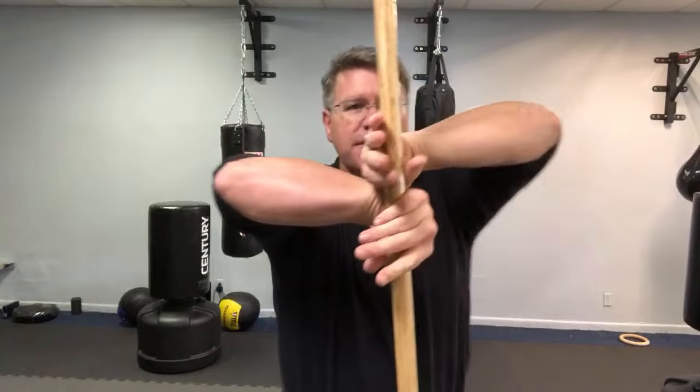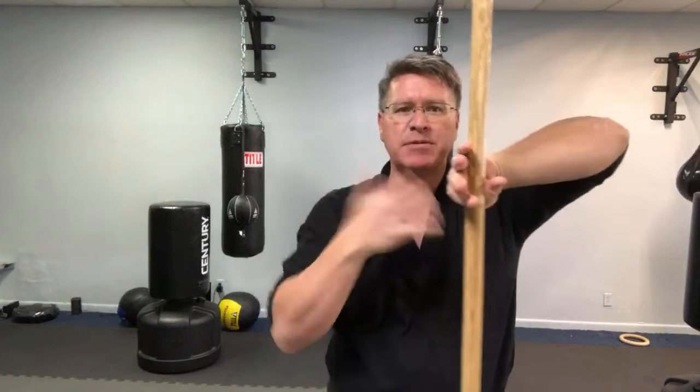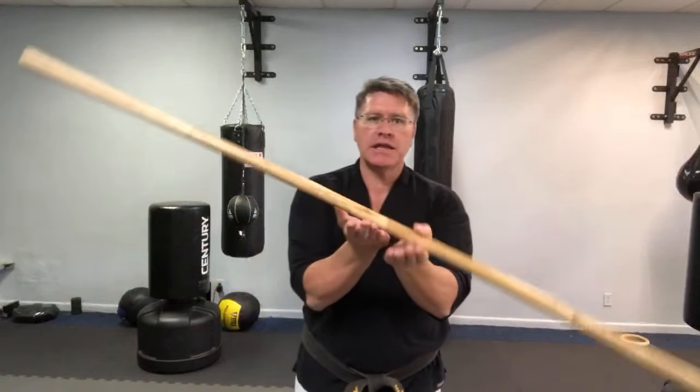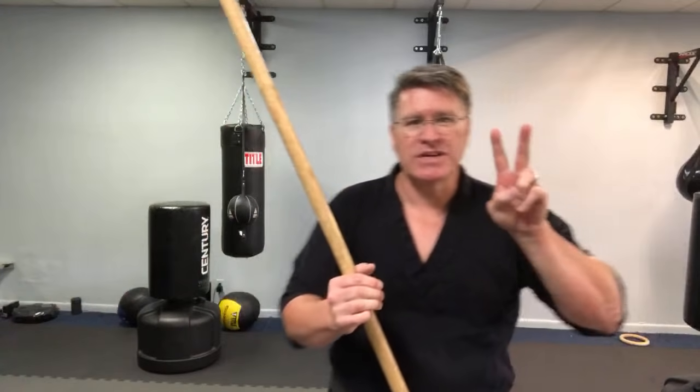This time it's different. It's not pinky to pinky, it's thumb to pinky, and palms facing the opposite direction to go from reverse to forward, then to go back to here. Now, we can go over that transition again in a minute, but I want to show you the same spin,